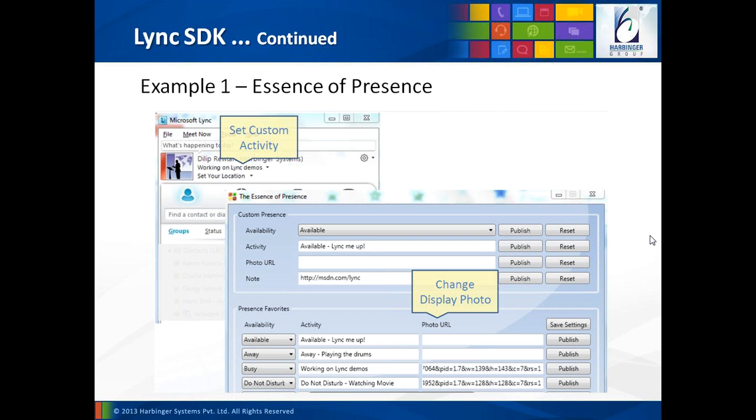My first example is named Essence of Presence. In this screenshot, you're seeing two windows. The window in the background is the normal Lync client in which one of my friends has logged in. So you can see his presence information. He has set some personal note, and his availability status is busy. And in the foreground, you have an application. This is a WPF application, which is using the Lync SDK to retrieve the presence information of the currently logged in user,